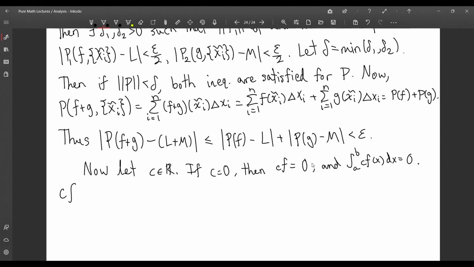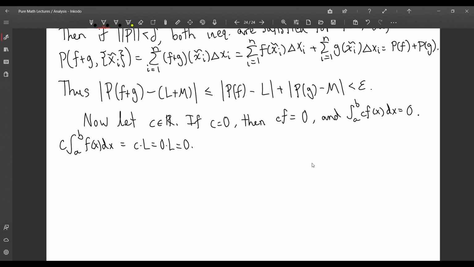But c times the integral from a to b of f of x dx is c times L, which is 0 times L, which is 0. So that's the first case, showing that the integral of cf is equal to c times the integral of f. Now that we have that case out of the way, we can assume c is not equal to 0,